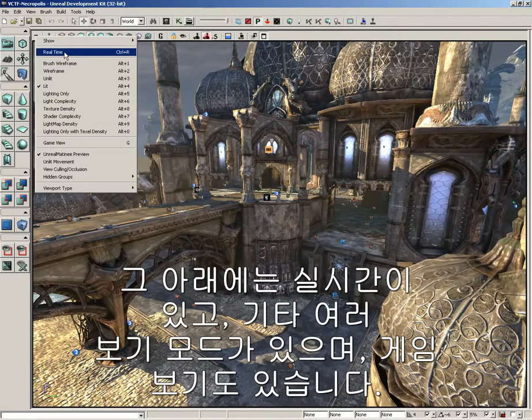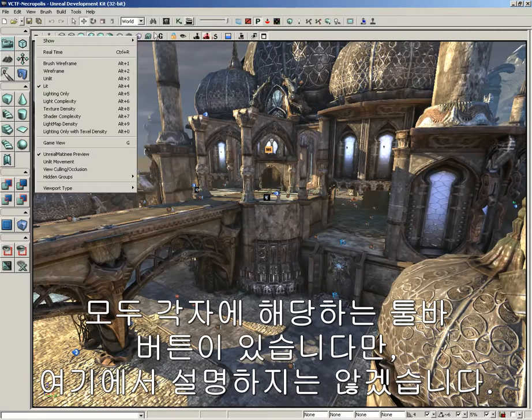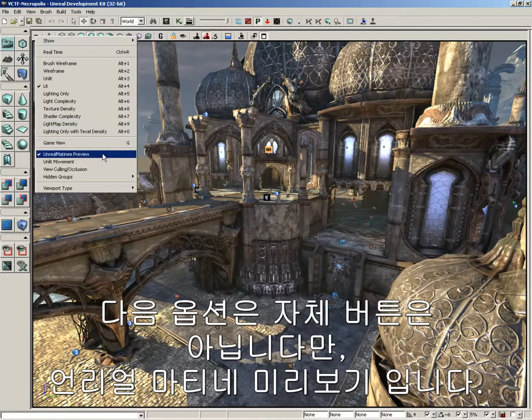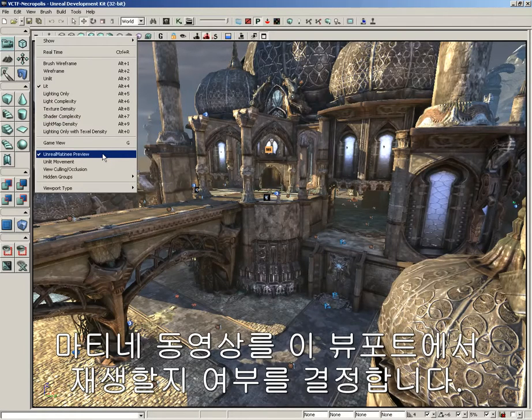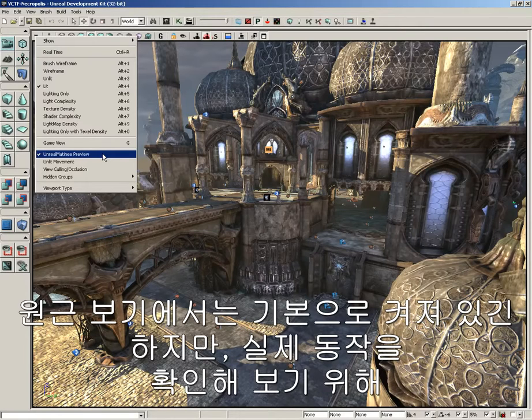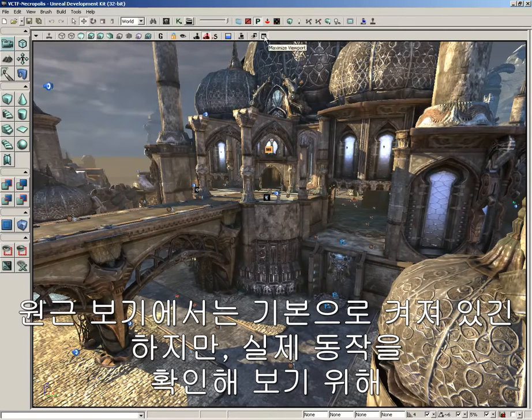Now, down from here, we have real time, we have several different view modes, and we have game view. These are all analogous to various buttons along the toolbar, so we're not going to discuss those here in this video. The next option we have that is not its own button is the Unreal Matinee Preview. This allows you to determine whether or not matinee movies will play back in this viewport. This is on by default in the perspective view, but to really show it in action, let's open up a